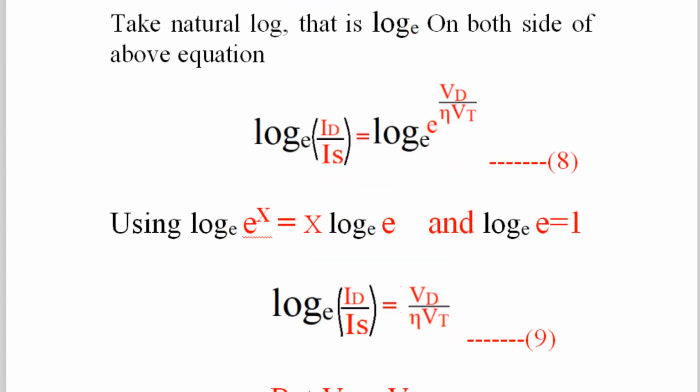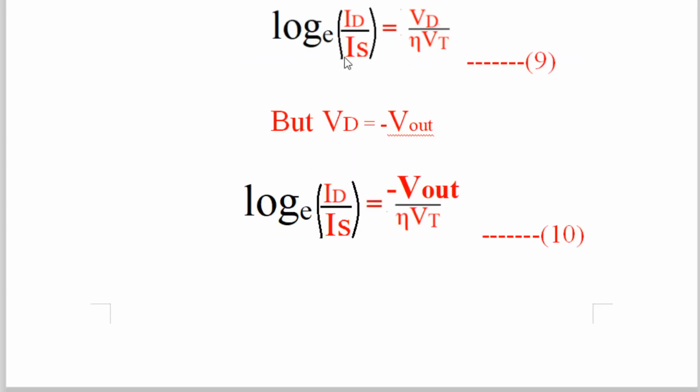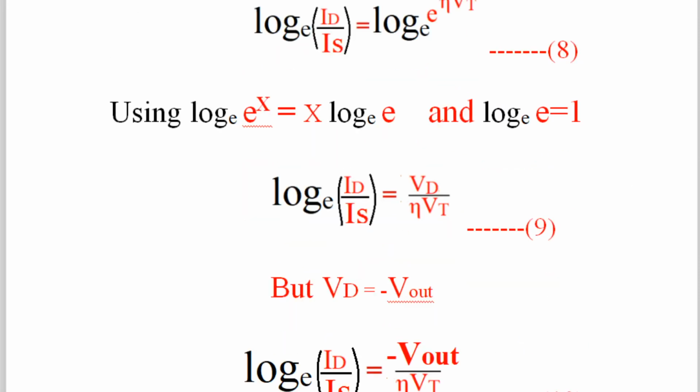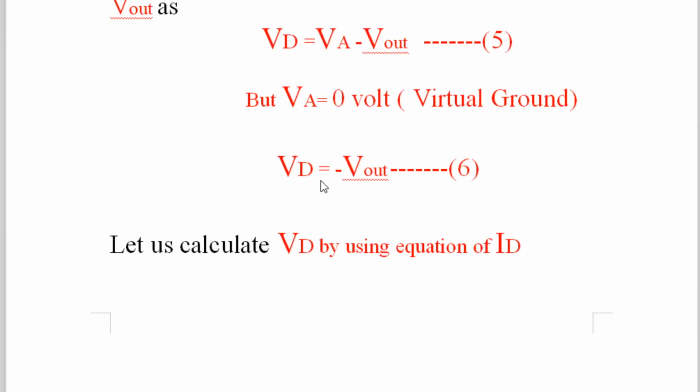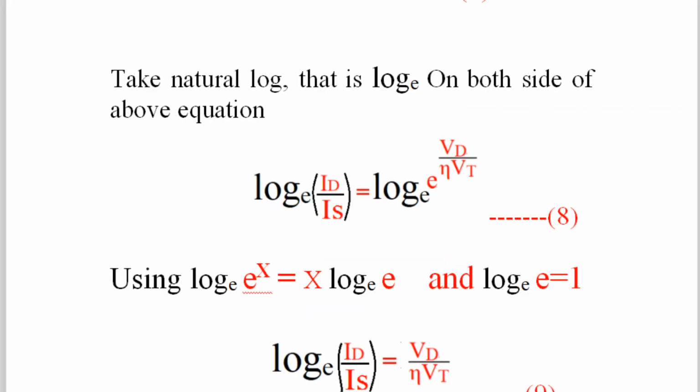So now here in this equation you have to substitute Vd as minus V out. I have taken intentionally very bold letters because this is our final target. So here log to the base e (Id divided by Is) is equal to minus V out divided by eta into Vt. Try to understand, where is the minus sign coming from? This equation only. Vd is equal to minus V out, because we are applying the input to the inverting input terminal of the op amp. Therefore, this minus sign is coming from this equation. Okay, now next proceed.